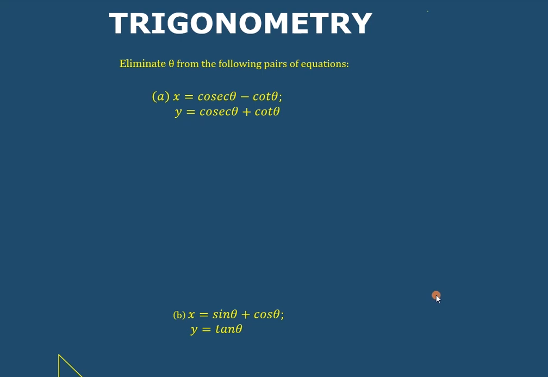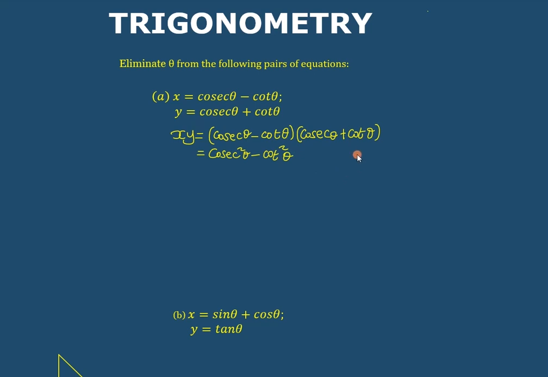And now this question is asking us to eliminate the value of theta from the pair of equations. When you look at these equations, they look similar. The only thing is that one is plus and one is minus. So we can utilize a difference of two squares identity. We can have x, y equaling to, now we can open the brackets, we expand. When we expand this, we shall have,